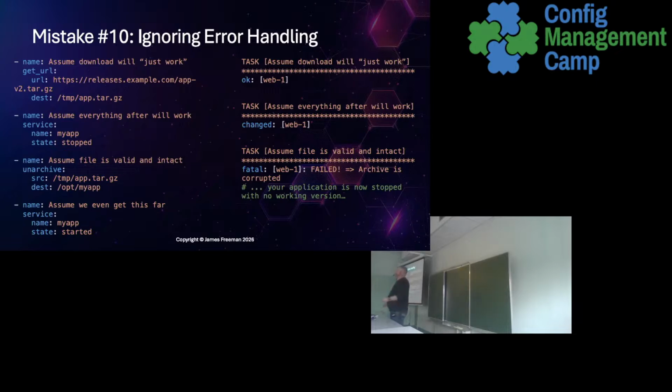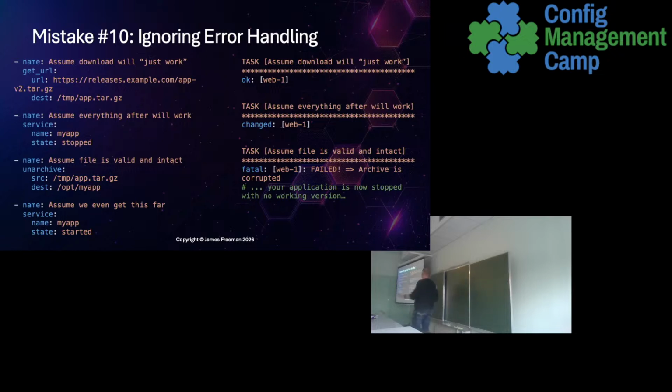So this is where you need to start thinking about error handling. If you get to that stage, and that fails because the archive's corrupted, how does it recover from that? Does it prompt the user? Can it actually take some remedial action? Ideally, if I were thinking about this myself, I'd have a backup task. We'd back the web app up before we tried to run tar over the top of it. We'd have some sort of exception handling, which Ansible has built in. So if the extract fails, like it does in this example, then you restore the backup and restart the web server. So you actually attempt some sort of automated recovery rather than leaving it in a broken state.